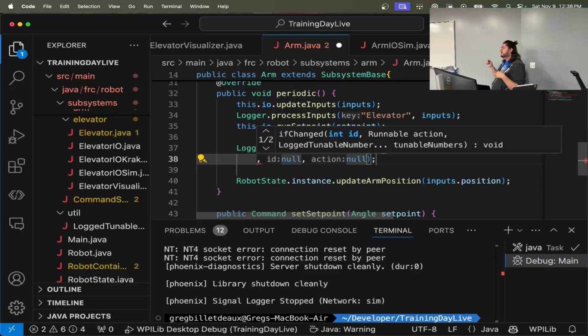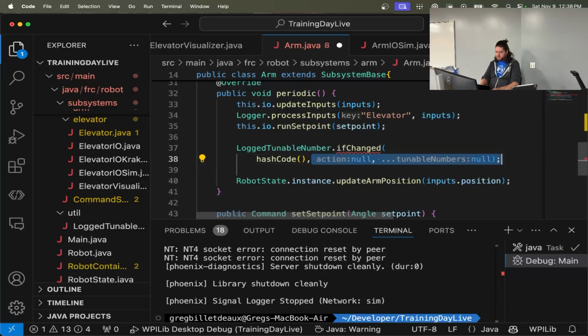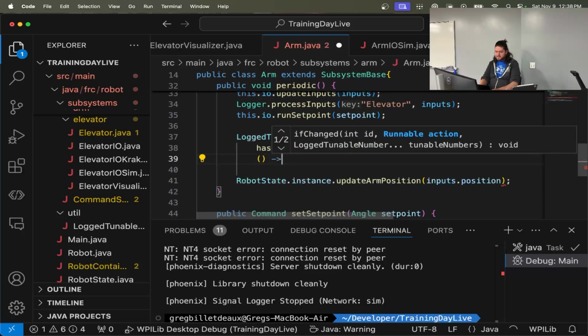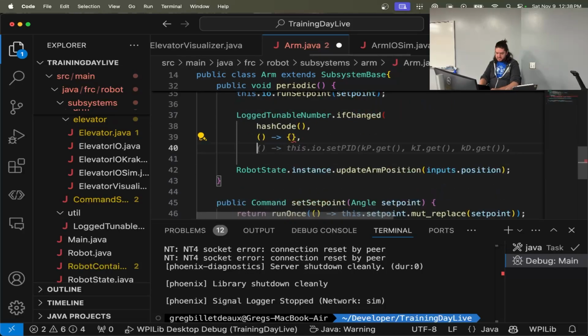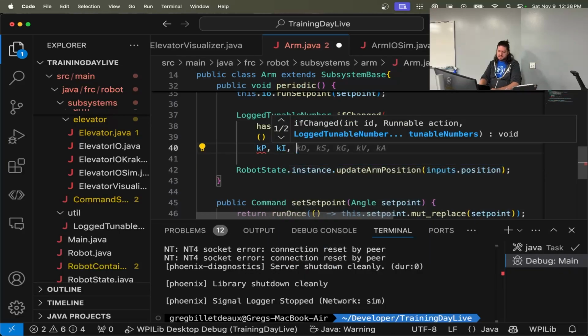You pass it in a function that is going to use all the values if anything changed, and then you pass in all the values you want to see if changed. So hash code, I'm going to delete all this because whatever. The function that utilizes these values, which actually I'm just not going to implement for a second. I don't like the order they did this in. They should have done, but they had to do it like this, I guess,